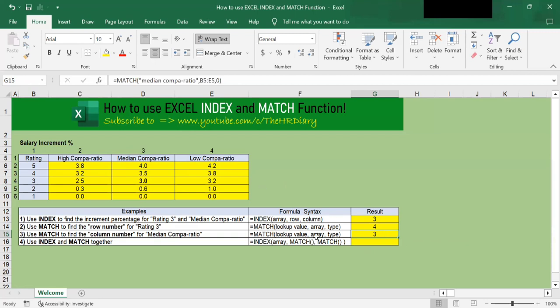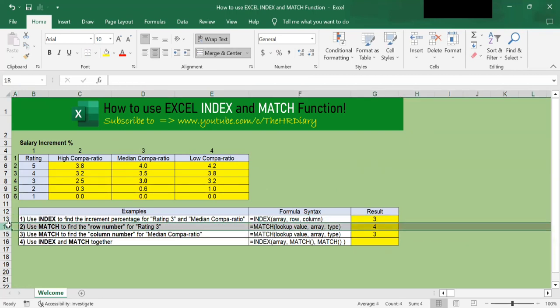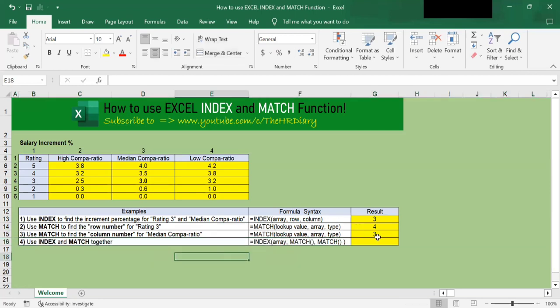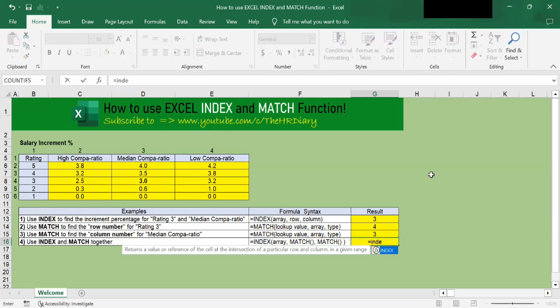Again, later you will see we'll fit in this formula here to replace this hard-coded 3. So now let's move on to the last example. So I've shown you, in example 1, how to use index, and in examples 2 and 3, how to use match. In example 4, let's put the index and match together so that it replicates a VLOOKUP formula. So how to use index and match together? To do that, type equal index, then you type the open parenthesis,